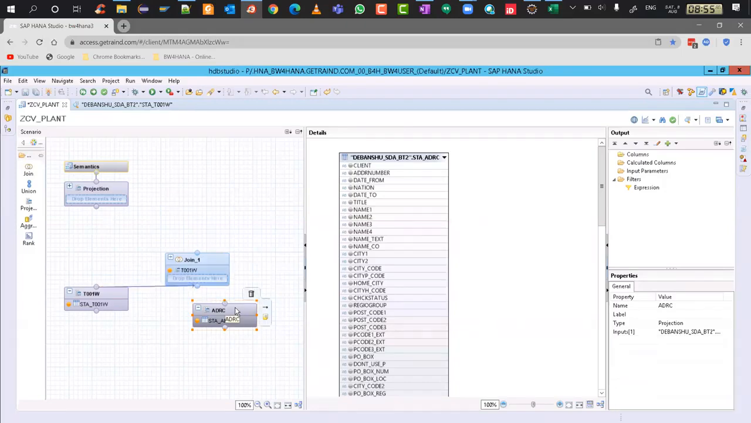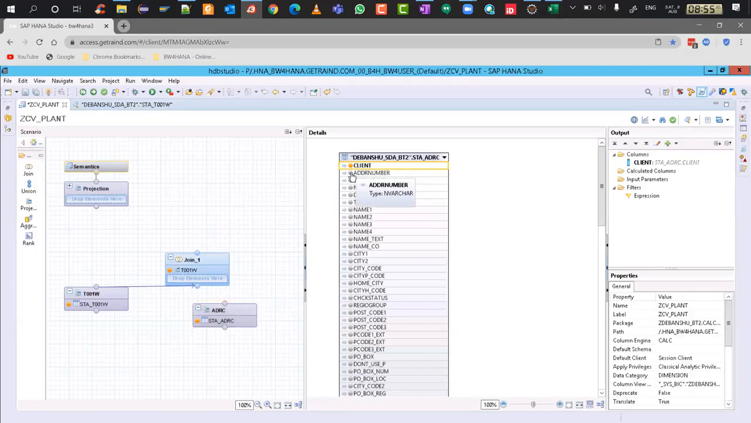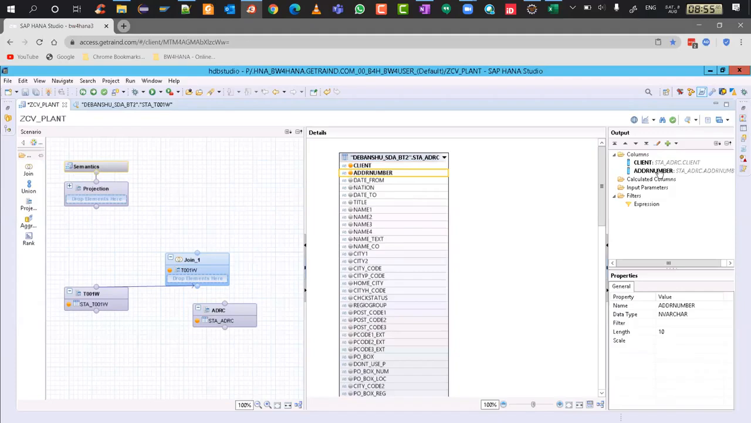Okay, before we do that, from ADRC, we haven't selected anything on the output, so we have to select that first. So we'll choose the client. Client is nothing but the same MANDT, which is there in T001W. And then we have the address number, which is the common field. ADRNR there is nothing but your address number here. You will select date from,